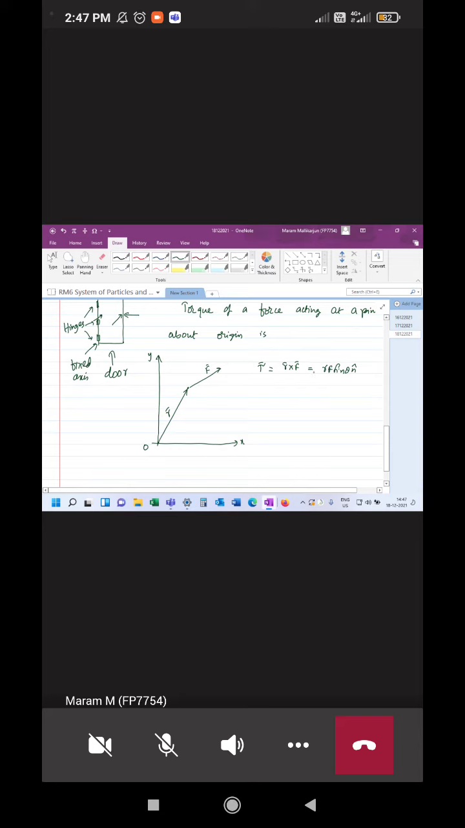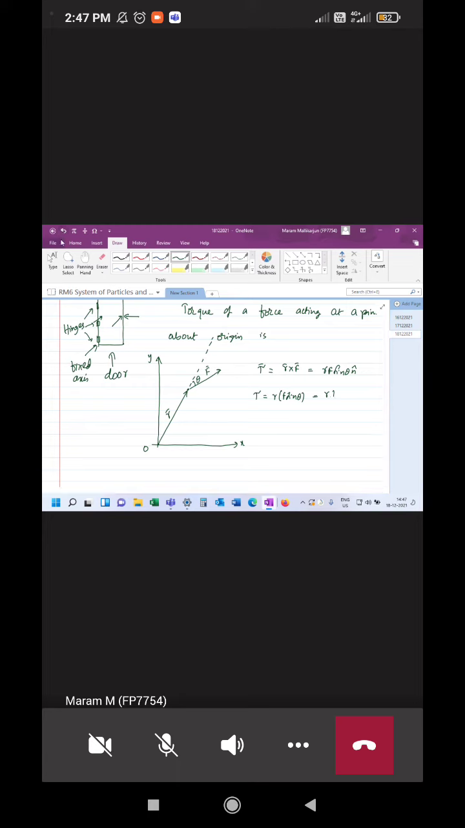Okay. So what is this angle theta here? You extend the force like this. This is the angle theta, isn't it? That is the angle theta. So all the properties of the cross product are applicable for torque. Okay, so the magnitude of torque is tau equal to r into F sin theta,